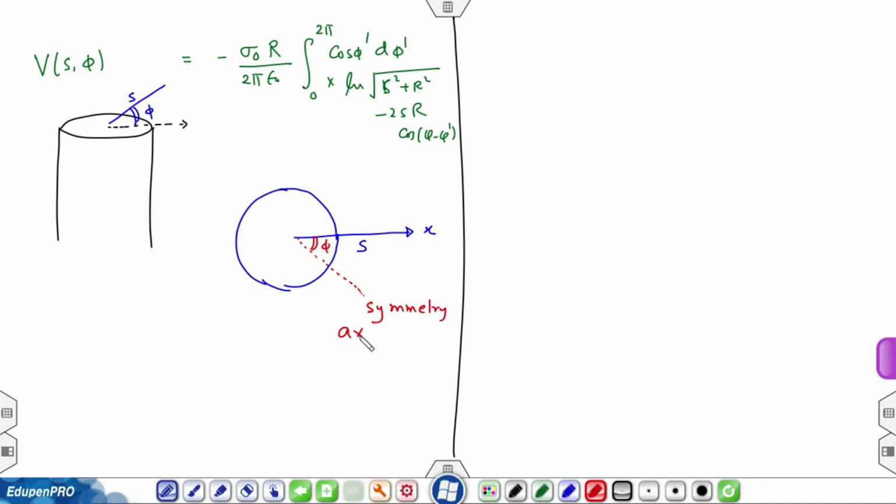Let me write this as symmetry axis for charge. And then what I will do is, I will take a point at phi prime on top and a point at minus phi prime at the bottom, calculate the potential due to these two strips at angle, this angle now is phi equal to 0,